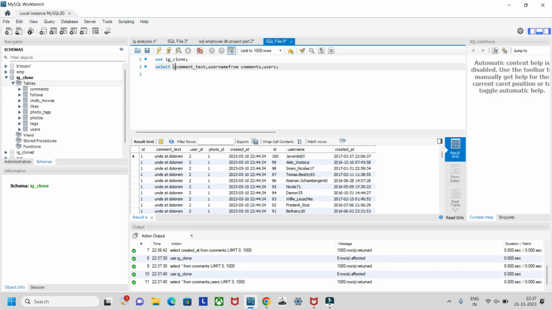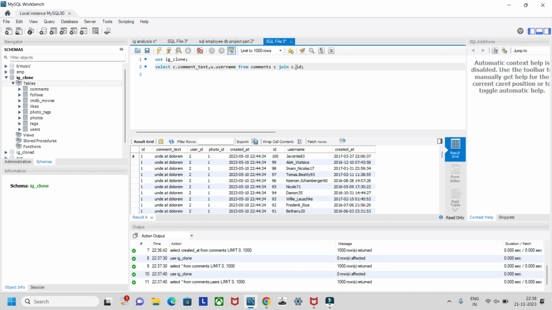So c dot comment text and u dot username from comments, c dot comments join from comments c, yeah, that is the thing, from comments c join